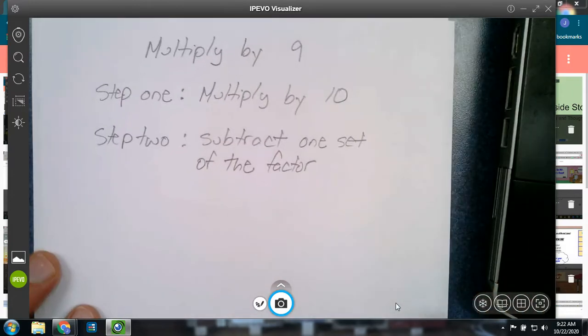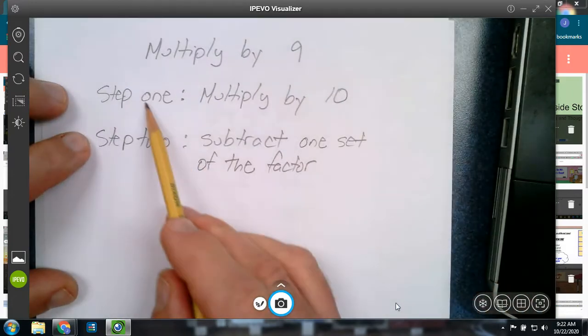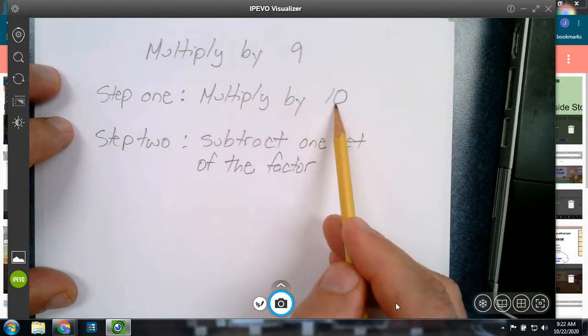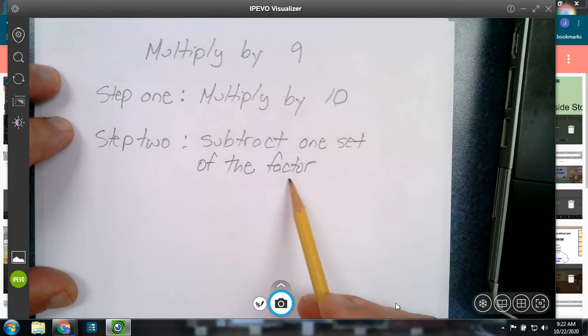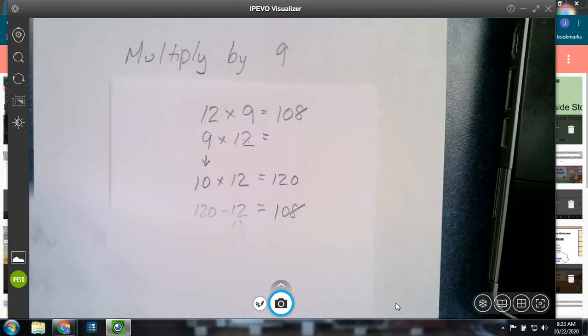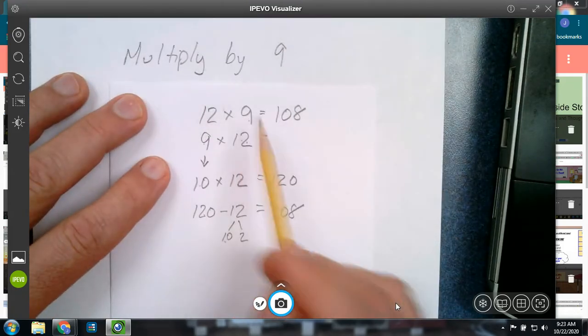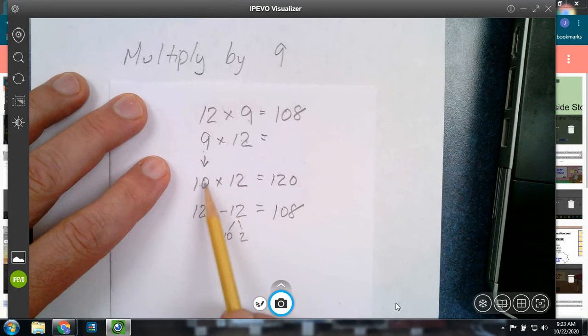So here's the strategy. To multiply by 9, step 1 is to multiply by 10. Step 2, we subtract one set of the factor that we were multiplying by. So here, 12 times 9 became 9 times 12, and then 10 times 12, 120. And I subtracted one set of 12